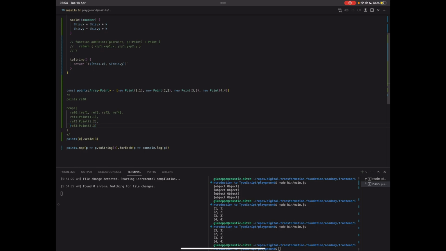Ref3 will be point 3, 3. And finally ref4 will be point 4, 4. Okay, so this is how memory looks like. Actually, because we have the stack, to be a little bit more precise, we could say that on top of the stack,